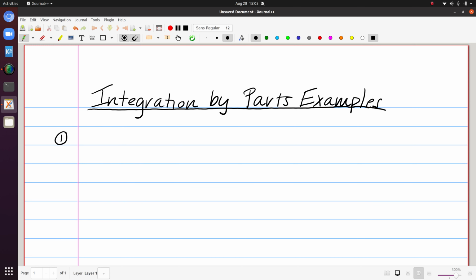Let's start to get some practice using integration by parts to evaluate certain integrals. Again, like in the u substitution example video, I'm only going to focus on indefinite integrals, and that's, again, just to get the practice focusing on the technique. So first example,